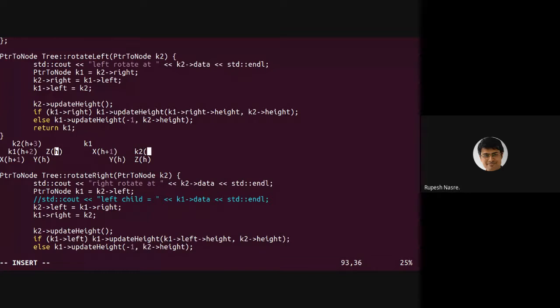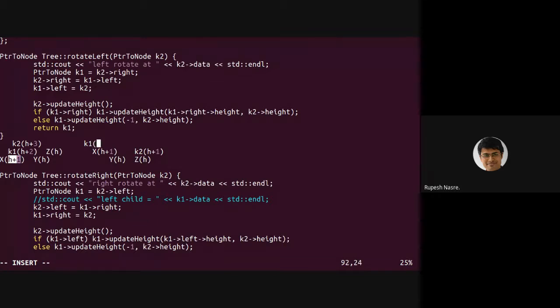It is going to be h plus 1 after the rotation, whereas it was at height h plus 3 after the insertion. What was the case before insertion? Before we inserted the value at X, the height was h plus 2, and therefore it was height balanced, because K1 was at height h plus 1 and the right child was at height h. Therefore the tree was balanced before we inserted the value in X. This is what happens after insertion.